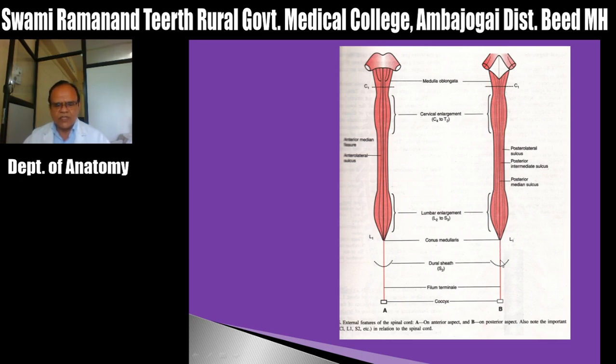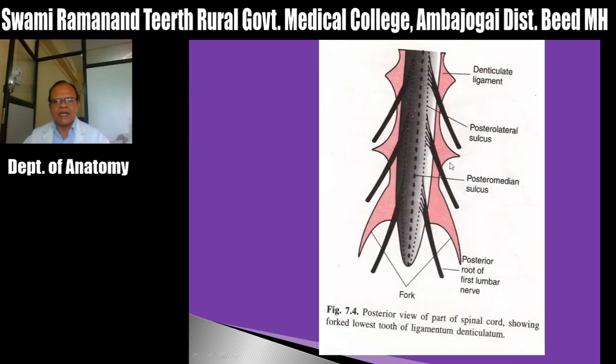It is about 15 centimeters, and then there is the filum terminale external. It has two parts. Below the S2 level, up to the coccyx, it is called the filum terminale external, and the upper part is the filum terminale internal. So the modifications of the spinal cord are: first, the filum terminale; second, the linea splendens; and third, what we have seen initially, the ligamentum denticulatum.